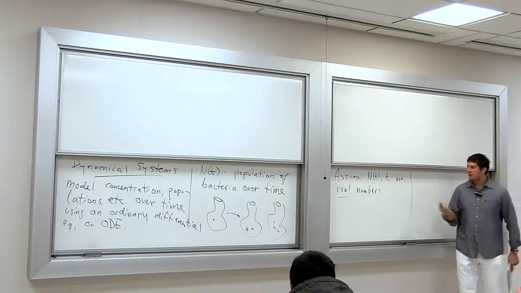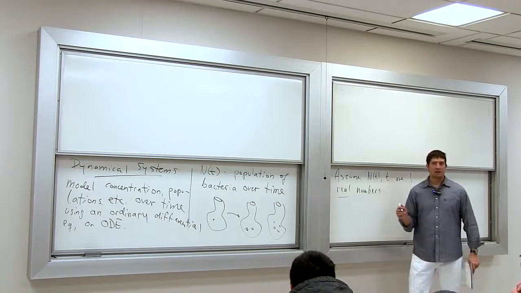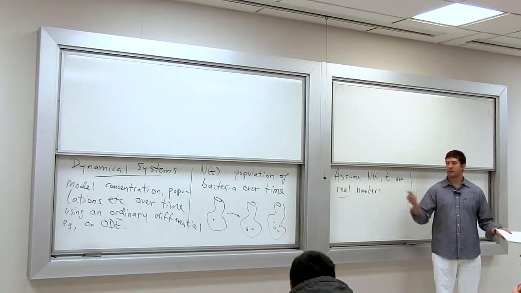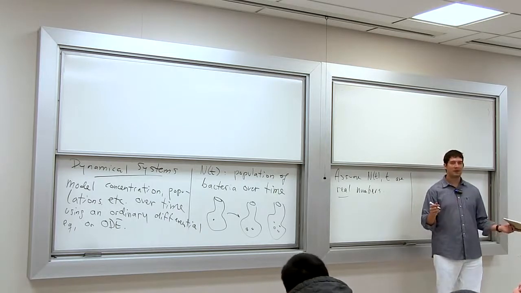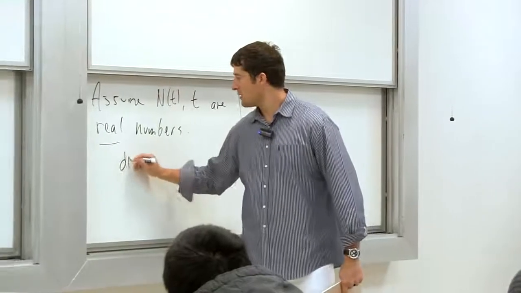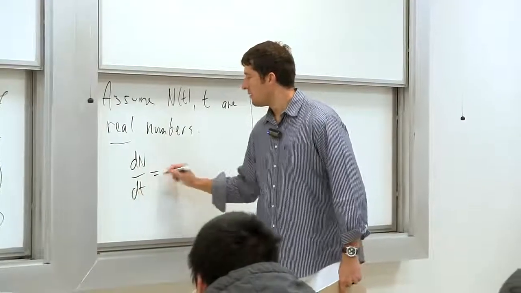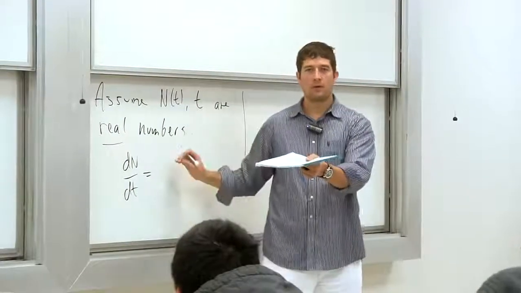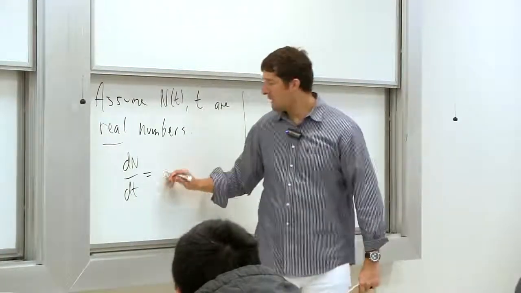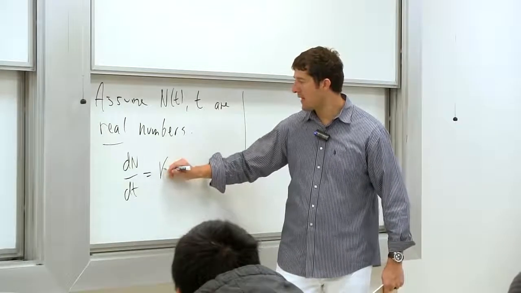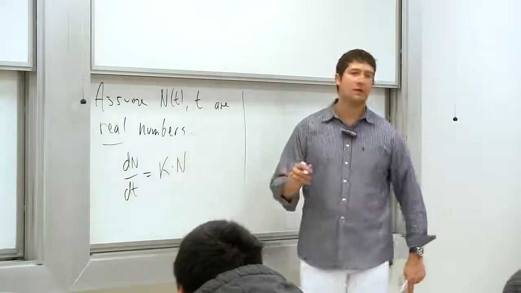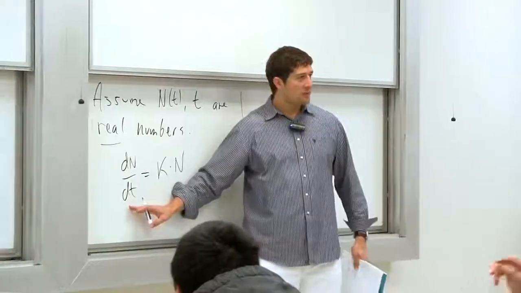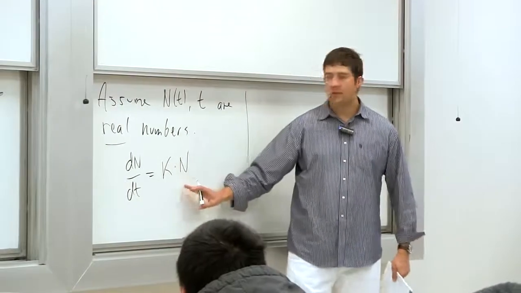Okay, so now the differential equation I have in mind for this, maybe somebody can offer what would be the simplest equation for this system. What do you guys think? dN/dt equals lambda N, or constant times N. We're going to call this constant k times N. Okay, what does this mean? Well, the rate of growth of bacteria is on the left-hand side, and on the right-hand side we're saying constant